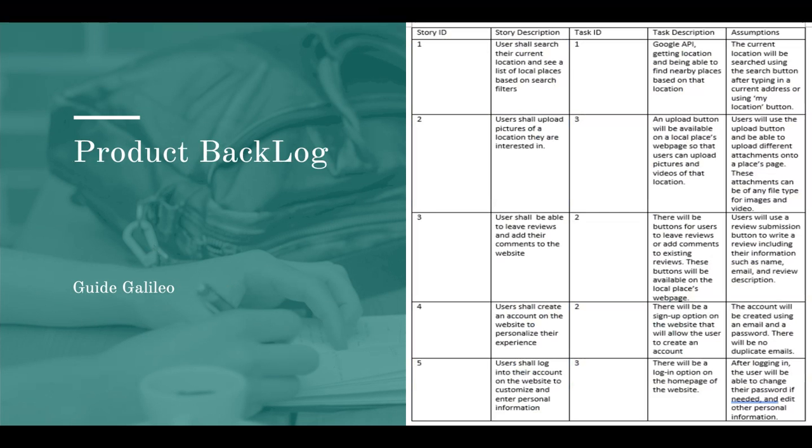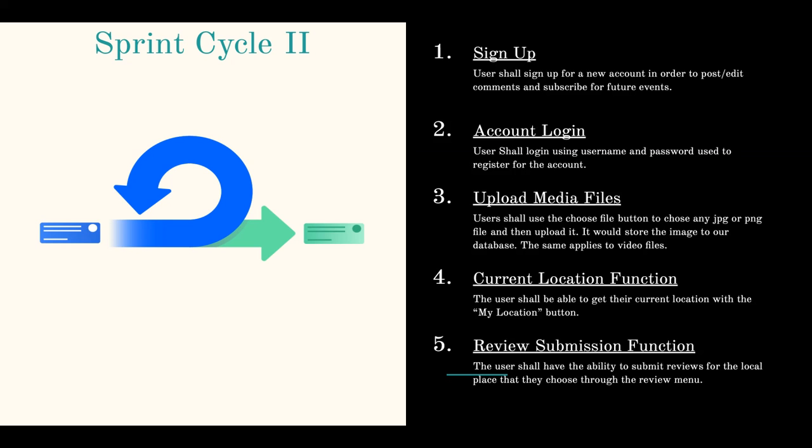Okay, and this is our current product backlog for Sprint 2. Everything has been implemented except for the UIs of each function, but we should be able to implement that before our next sprint cycle, and it shouldn't be any problem. On the next slide, we have the sprint cycle 2 activities, which is basically the same as the backlog, but